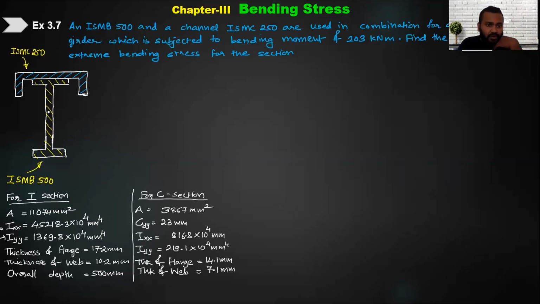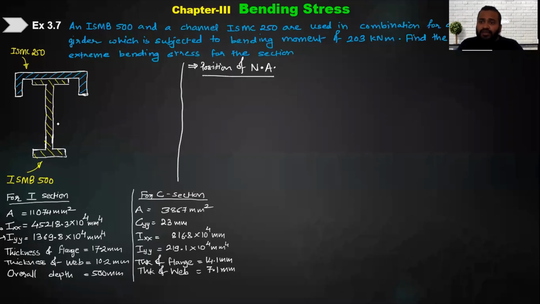So first of all, let us find out the position of neutral axis. Okay, so for that neutral axis का position find करने के लिए what are the things given? एक तो I section का centroid हमें पता है, तो I section का centroid तो उसके center पे होगा, that we already know. See here, पहले dimensions लिख देते हैं, क्या क्या dimensions मुझे पता है।